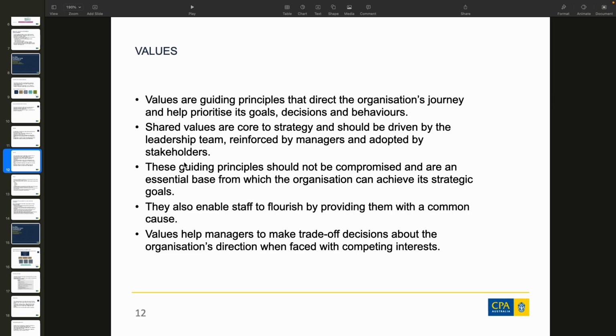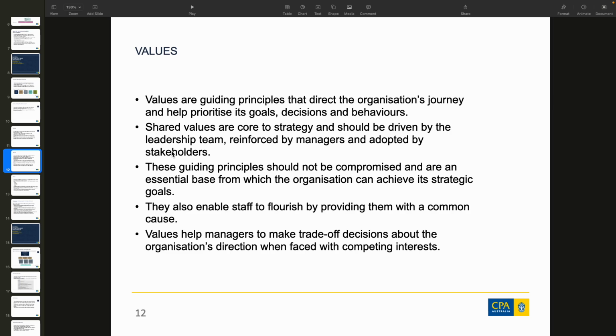The values are going to be shattered. Why is the value being shattered? The shattering takes place at the leadership level. Remember, it's something that should be driven by the leadership team. The leadership team decides to break the values, gone. Are we clear? Okay, now, these guiding principles should not be compromised and are an essential base from which the organization can achieve